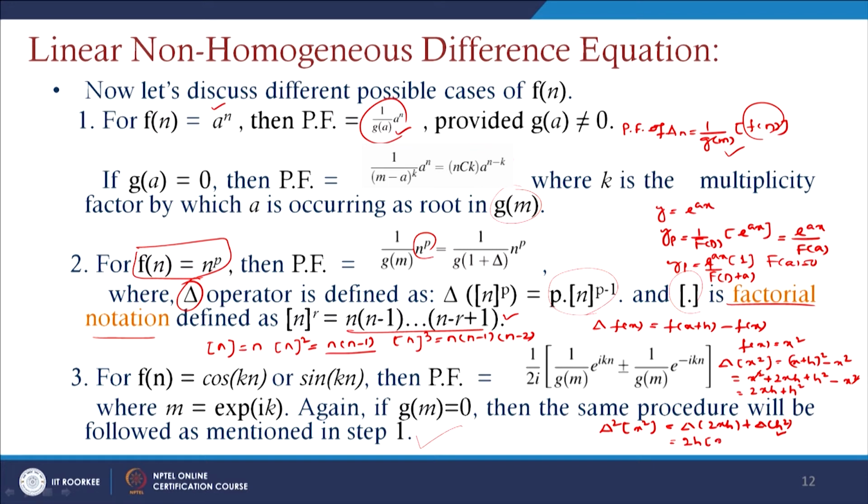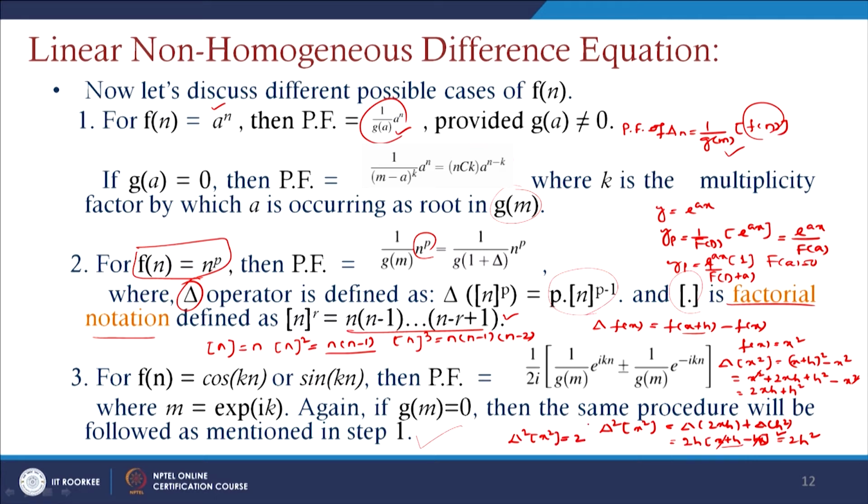And for the function 2xh here, we use f of x equals x only. The first value can be written as f of x plus h, so x plus h minus f of x, which is x here. So x cancels out, and it will give you 2h square. If you keep the step size h equal to 1, we can write del square of x square equals 2.